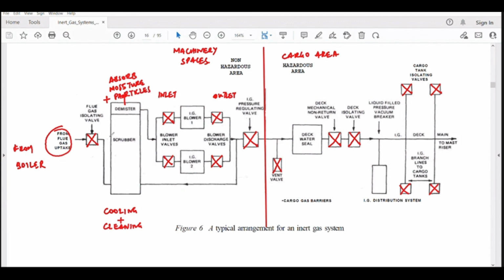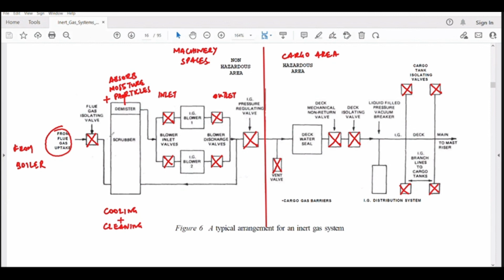Because the gas which is passing through the water will obviously be very, very wet. We don't want the wet gas to go into the blower and then into the tank, so the demister will act for drying up that part. But the main problem is also particulate matter. That particulate matter, mainly carbon particles, the demister is going to catch. Now then the IG blower